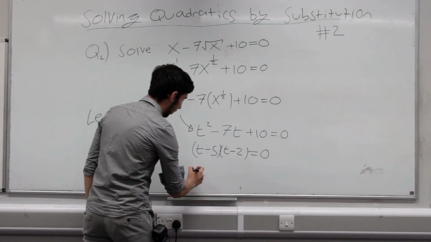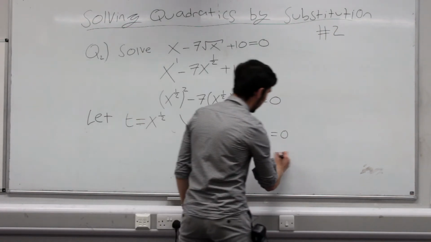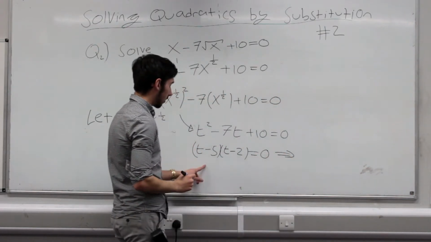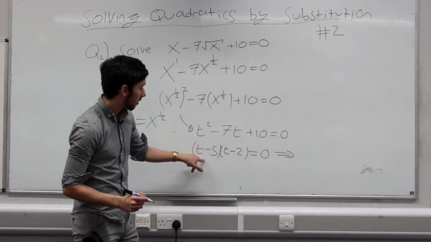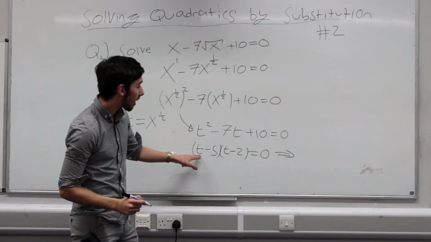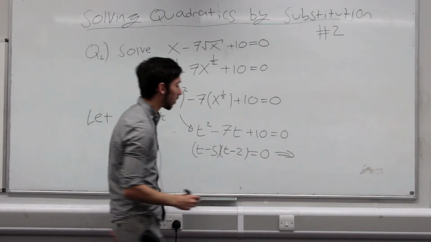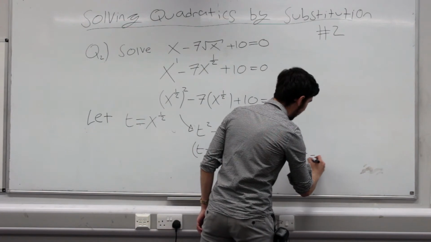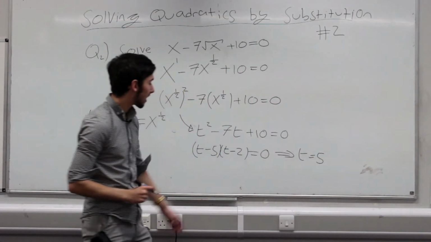Now, using our normal stuff that we already know how to do, that implies: how do we make each of these brackets be equal to 0? If we make t 5, then 5 minus 5, that's 0. So one of them is when t is 5. So t is equal to 5. And if we make t 2,